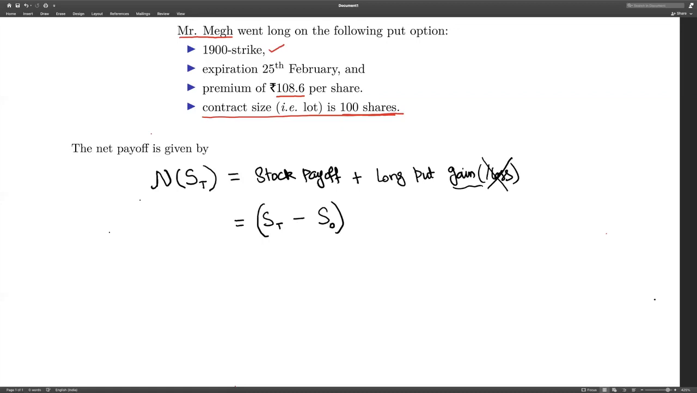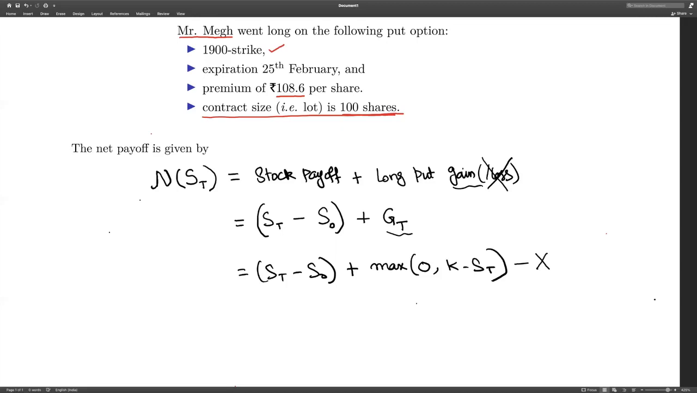Meg bought the shares in the spot market, plus the gain function which we have already introduced in the last class. Recall, this is nothing but ST minus S naught. Since it's a put option, you have it as max of 0, K minus ST. So that's the payoff of the long put. And since we are talking about the gain, therefore you have to remove the price that Meg paid for it. That is this amount,